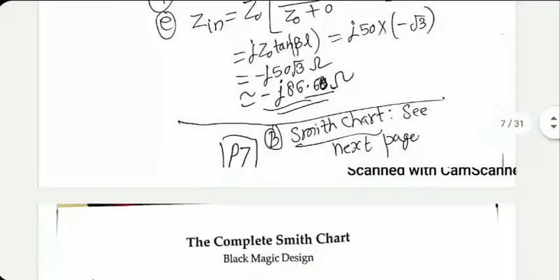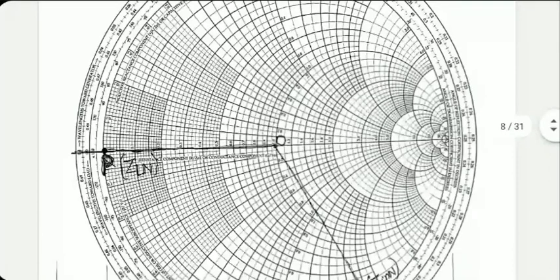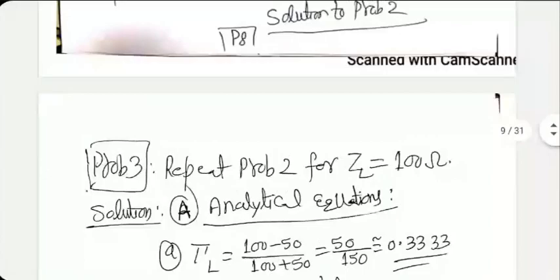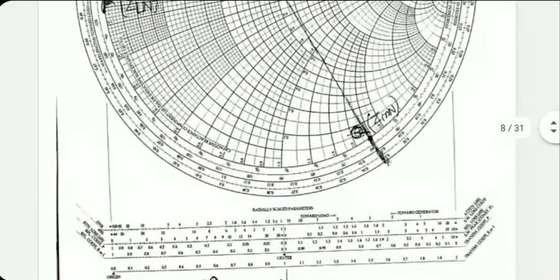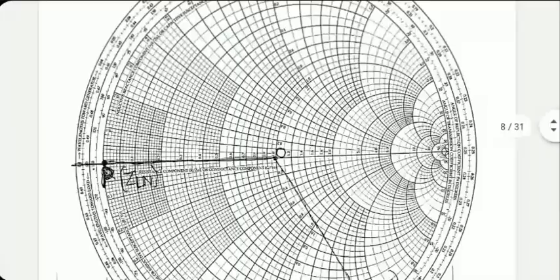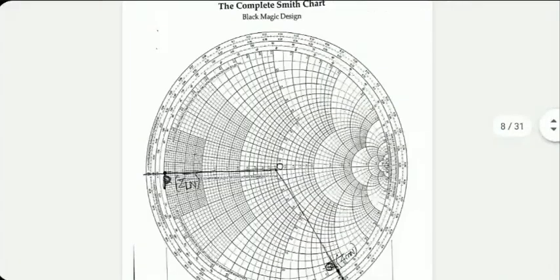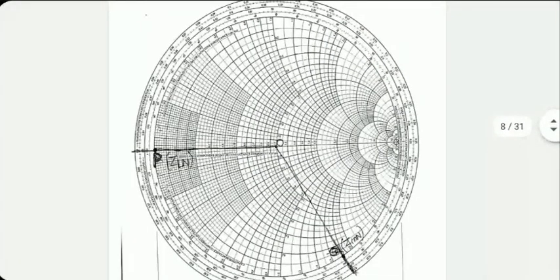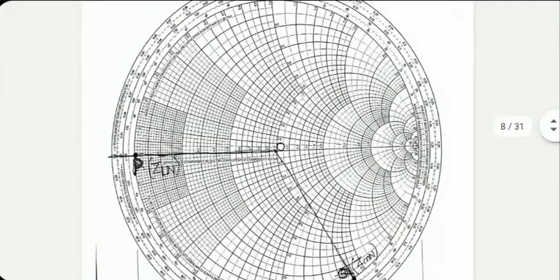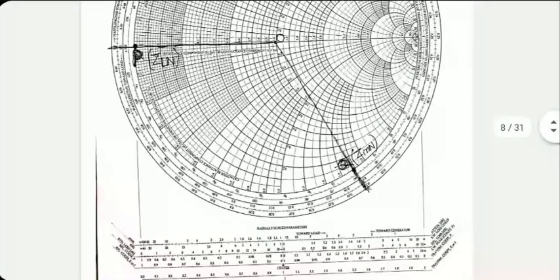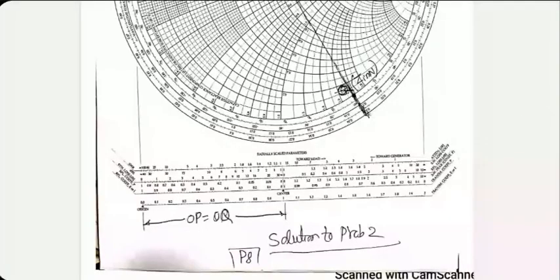Smith chart for this problem is right here. Now the starting point, the load position, it's a short circuited load. So RLN is 0, which represents the largest constant resistance circle. So point P will be the starting point. And you can take OP value again and read the values. You will get what you got in the past for SWR as well as magnitude of tau L.